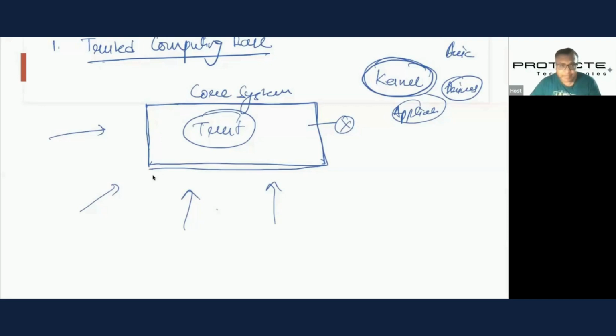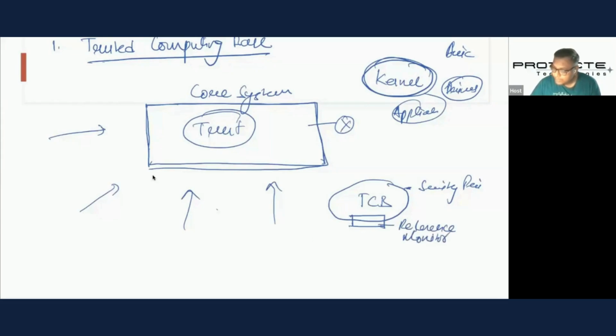Now the TCB generally is protected by a security perimeter. It's called a security perimeter. Only trusted functions will be allowed to interact with the TCB. Now the TCB controls the concerned security issues of that system, and to monitor the security aspects of the system, there is a component called the reference monitor.